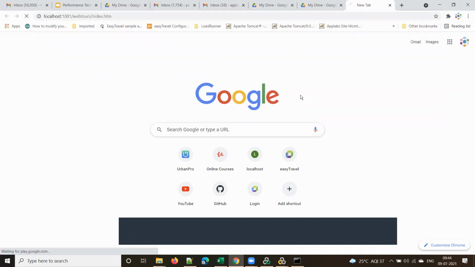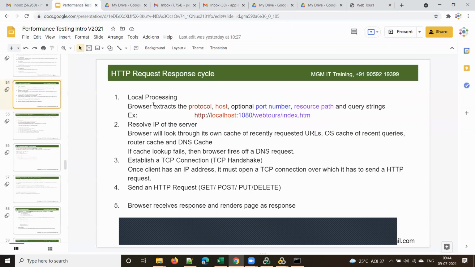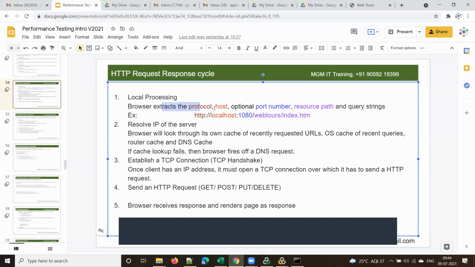I sent a request and received some response. In between, all of this happens behind the scenes. First your browser breaks that request into protocol, host, port number, which is optional, resource path and query string.